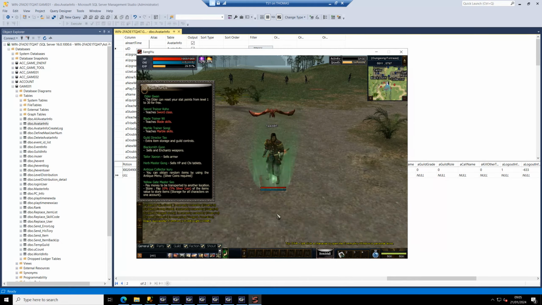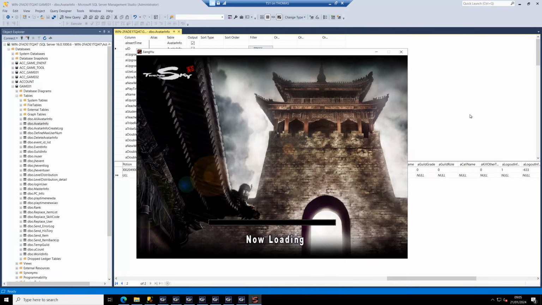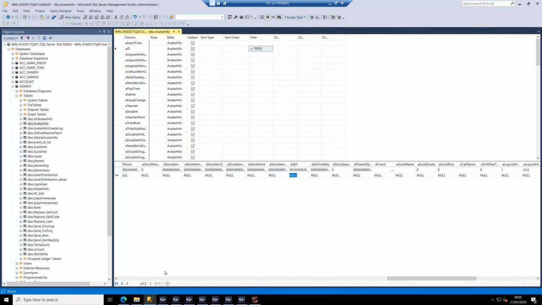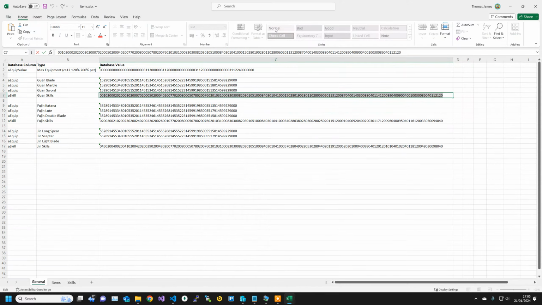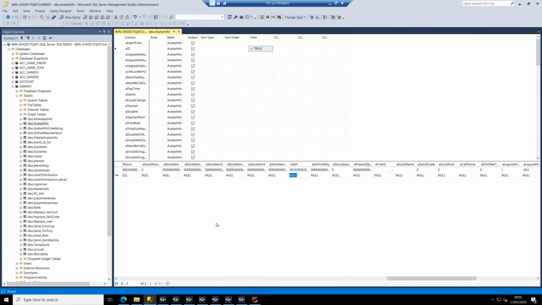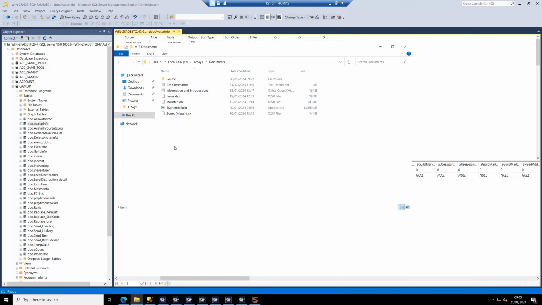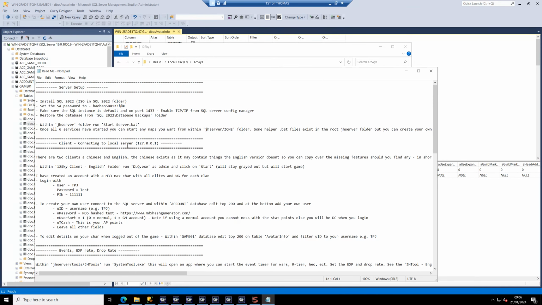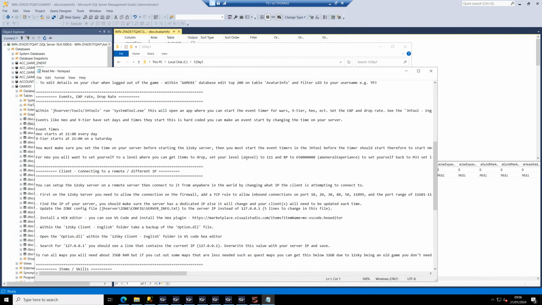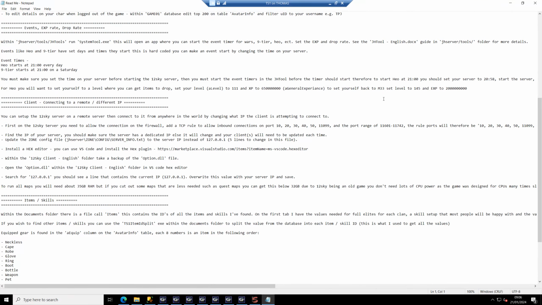Now, if I want to make my character M33 max out, that's also very easy to do. I need to refresh the SQL here because I've logged in and I've made some changes and I've logged out. So I need to update that here. And then if I go to the README file, scroll down a little, I have some XP values. So 145 and 2000, well, whatever number that is. So if I copy that,